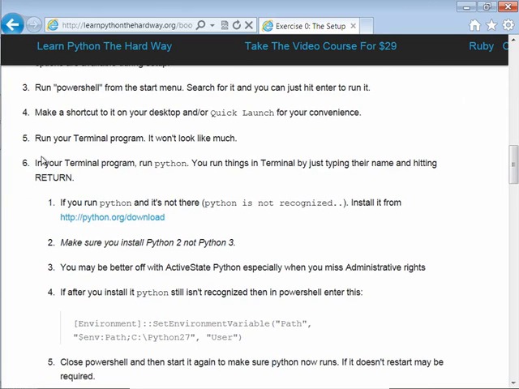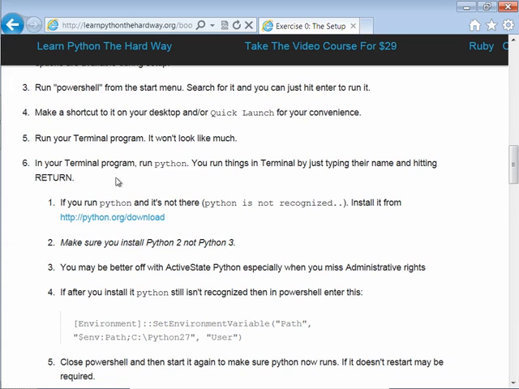keep in mind that throughout the instructions, I say the terminal program. For Windows users, that means PowerShell. On Linux, that means whatever terminal program you happen to be using. And on OS X, that means a program called Terminal. I just use this one word to mean the same thing, a command line terminal interface. So on Windows, keep in mind that's PowerShell. After that,